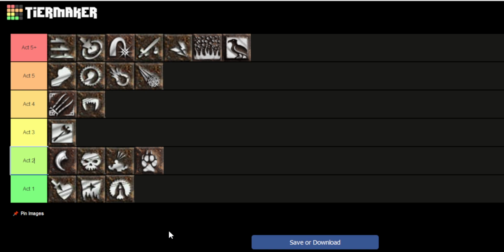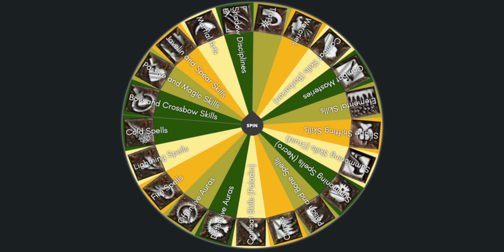But we will do one more thing before we end this video. In order to decide what we will be playing first, we will spin for it. So I put together a picker wheel. We have all of the different skill trees along here. So we will spin this, and you guys can look forward to that next video, which will be